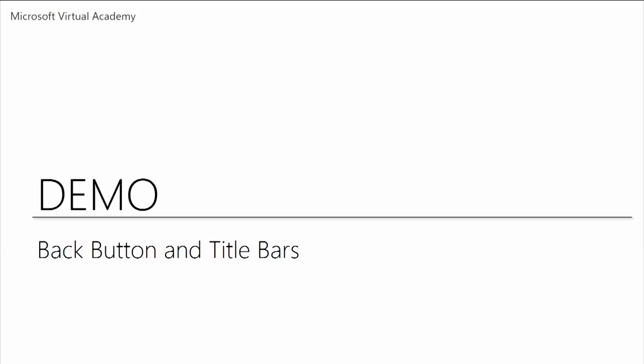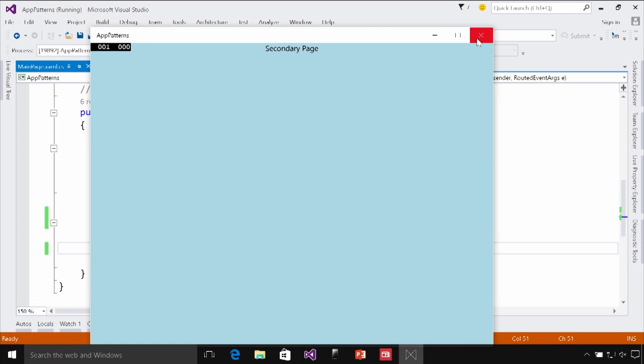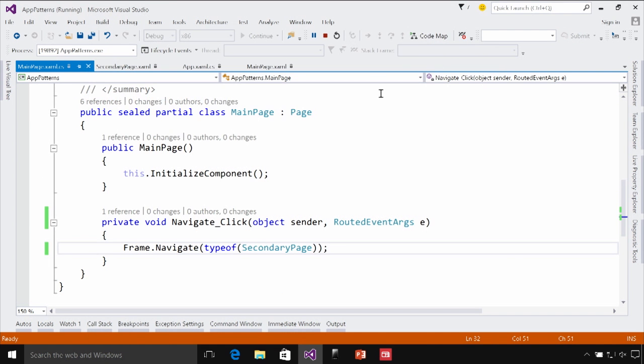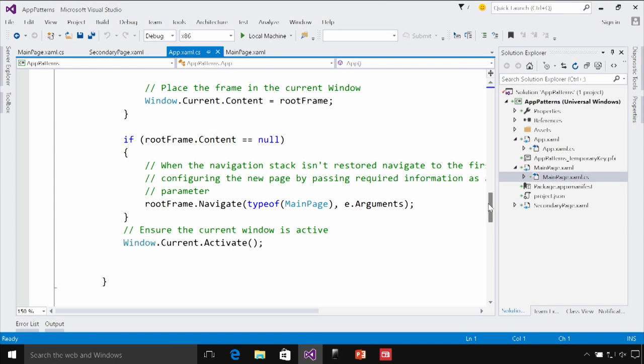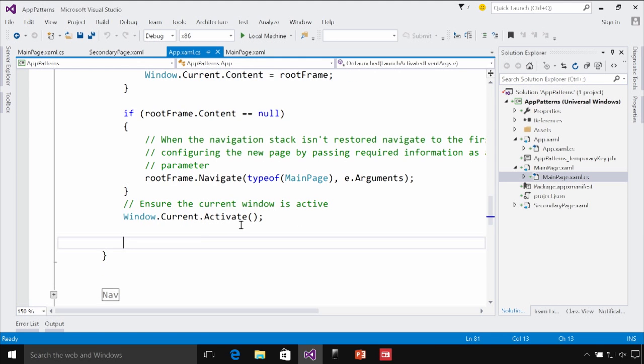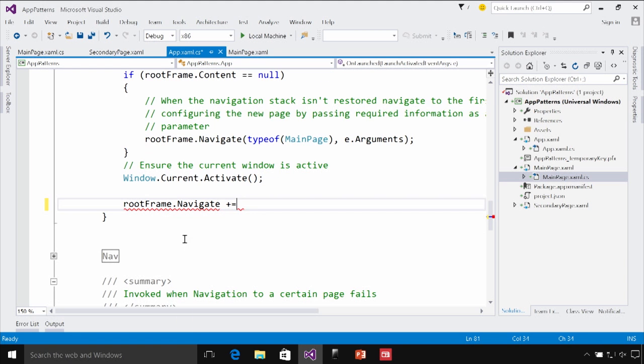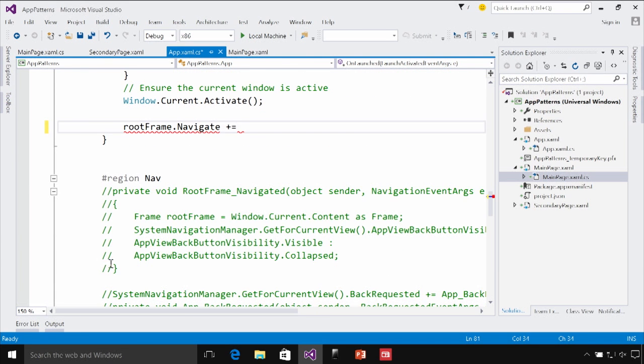Absolutely. Great. Very powerful. Why don't you go ahead and show how to leverage the back buttons, perhaps some work with the title bars. Sounds good. So here in Visual Studio, we'll come back here, and we'll jump back into our app.xaml.cs file. At the end of this, we want to enable, first off, the back button in the title bar. Let's start with that. Okay. So I'm going to put in an event handler here, and I'm going to bring in some code that I've written previously,